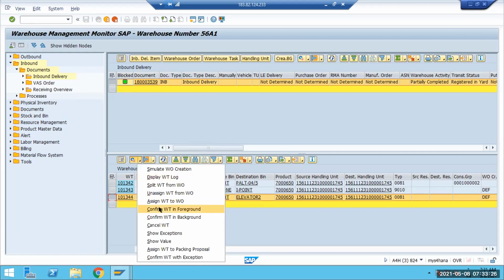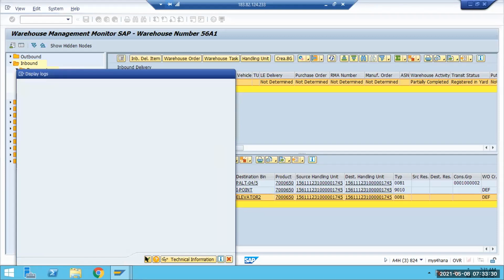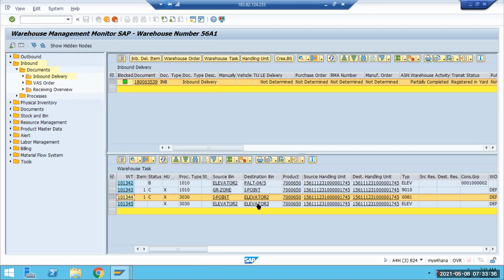So if I'll confirm this again, if you observe, it will again change. Confirm. See, now it got changed from the elevator 1 to the last elevator, which we have added as one more stage. So first interim stage, second interim, third interim, and now it got changed. Source got changed. For this to be confirmed, nothing is required in LOC because by default it will come from the strategy.